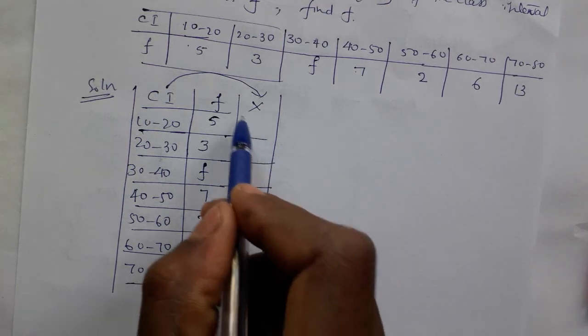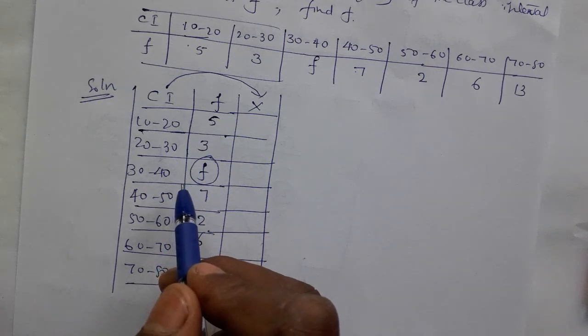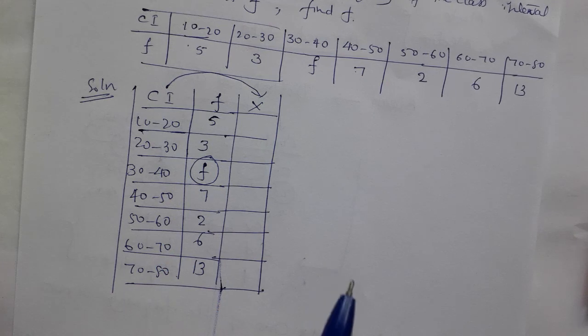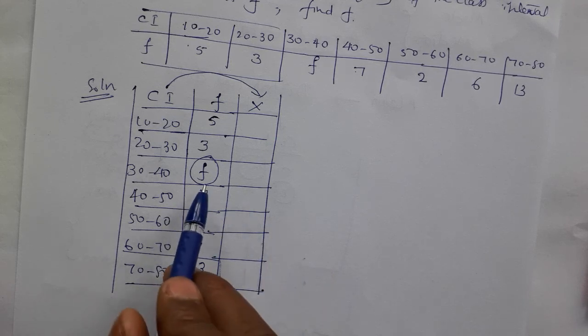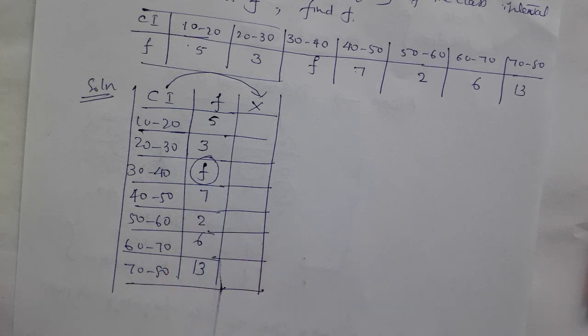To find the unknown frequency, which method is best among the shortcut method, step deviation method, and direct method? I suggest you always use only the direct method. See, here the frequency is unknown. If you go for the shortcut method or step deviation method, it will be confusing. So in unknown frequency type problems,